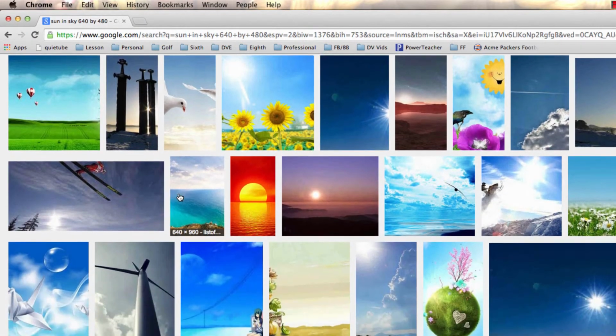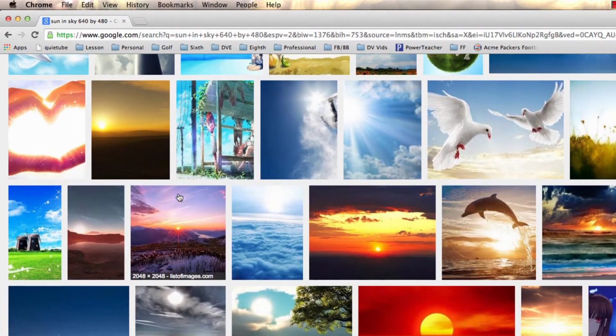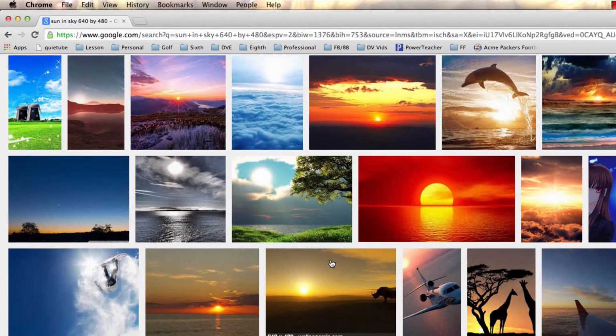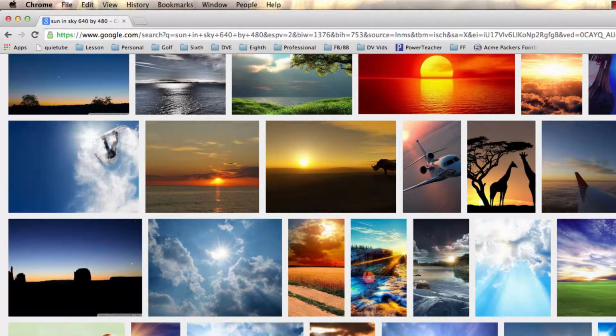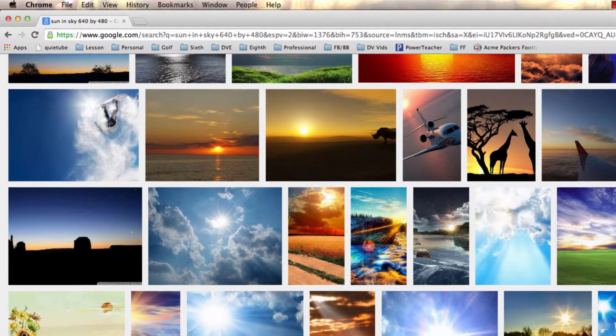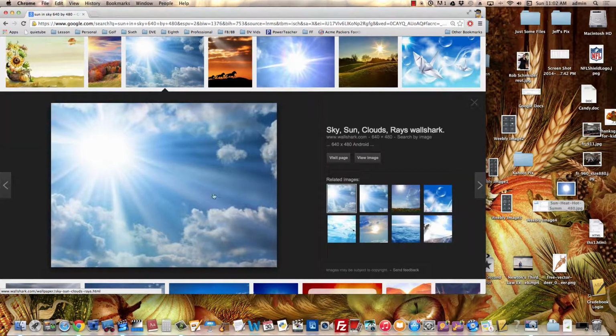So it'd be nice if I could find one in a desert kind of environment that looks kind of yellow like that. Definitely not over the water like this one. But I'm trying to limit it to 640 by 480. This kind of blue one, oh, it's too big. This would work. This one from wallshark.com, if it's not royalty free here. Let's just click on it and see what happens. That one would work. It's not yellow and stuff, but just to illustrate how to do this,